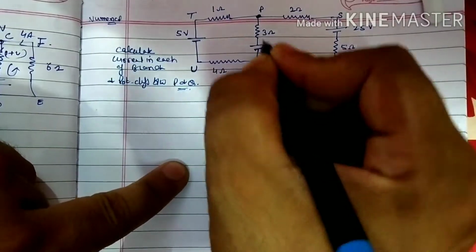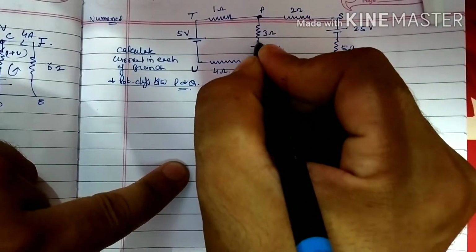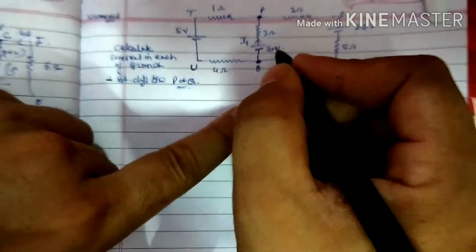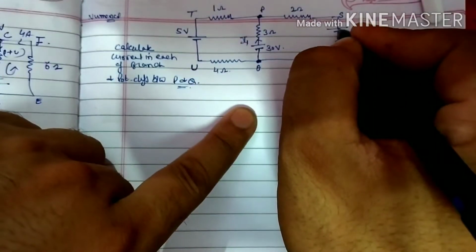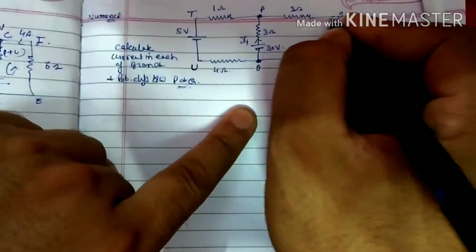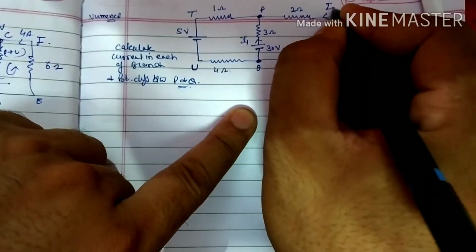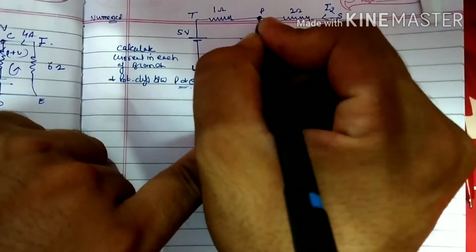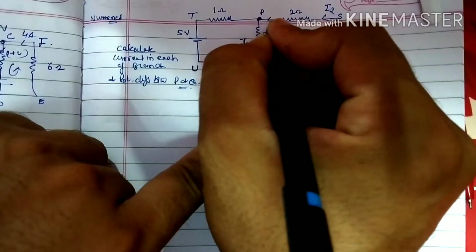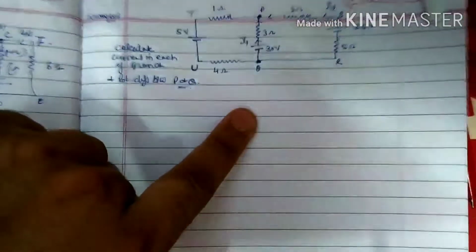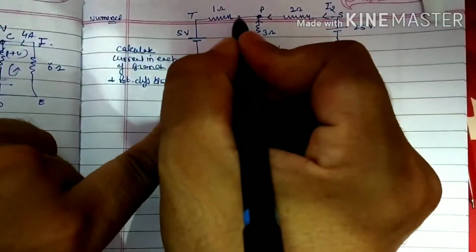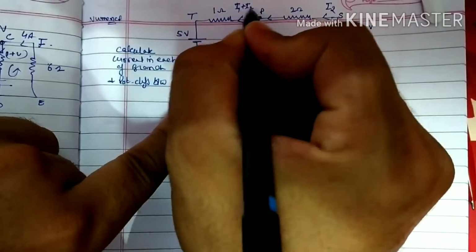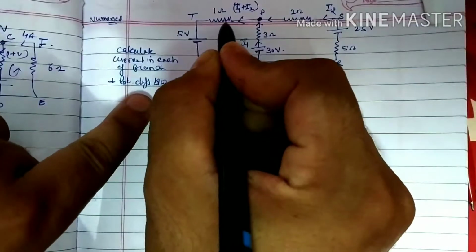Because 30 volt is a large potential, I am going to start the I1 current from this 30 volt battery, and 25 volt battery also, because positive in the same direction, let it be I2 coming from this 25 volt battery. So both the current I1 and I2 will meet at this P point. P point is the junction. They both the current will meet, and the sum of I1 plus I2 will flow through this 5 volt